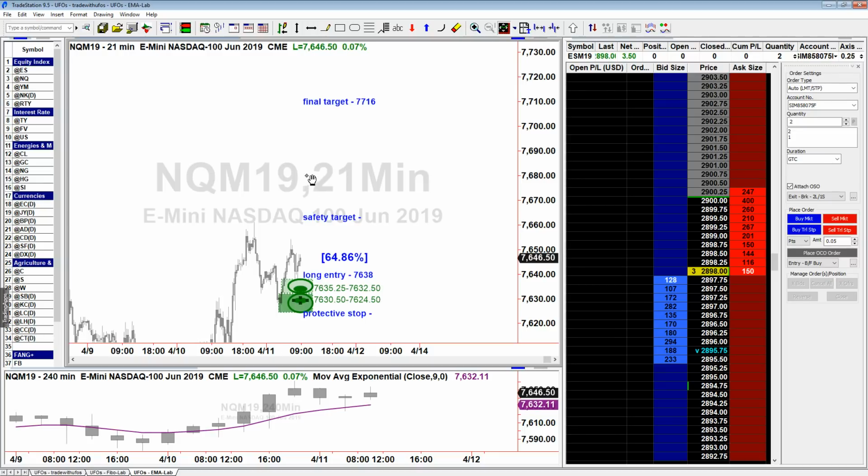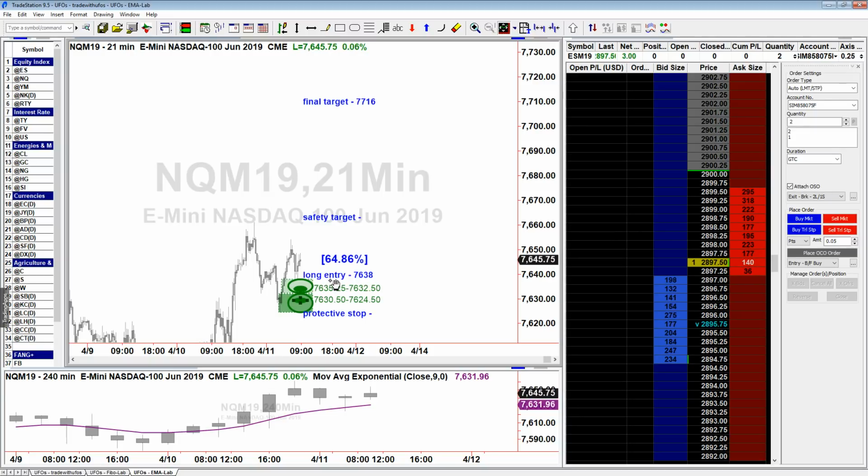But since this trade does offer a great amount of room for movement before reaching the red UFO we identified in the 4-hour time frame, then I have no problem entering at 38, even though the distance between long entry and protective stop is more, and therefore my risk is more. I don't really mind, because I am taking a little bit of a greater risk, but that's in exchange for less probability of missing the trade, and in exchange for a profit which is nice enough that sustains that risk. So I'm okay with that.